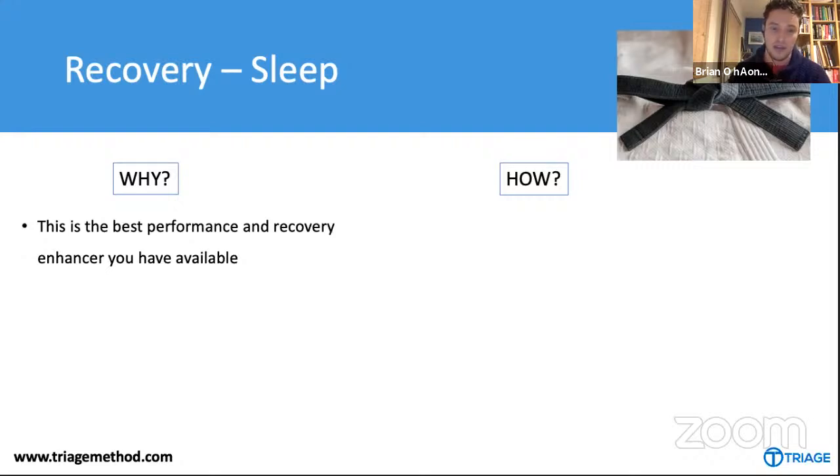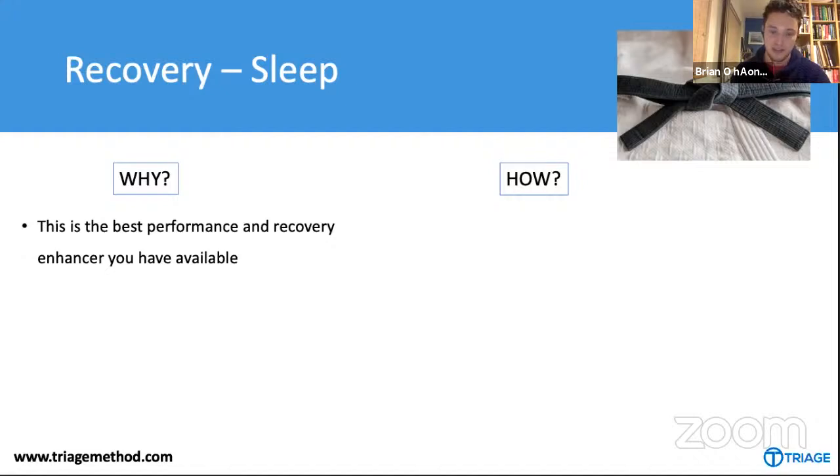So if you look at the best professional athletes in the world, they sleep a lot. They're sleeping 9, 10 or more hours per night. And of course, it's their job to be the best athletes they possibly can be. They have the time to do that. But you can't do anything better for your performance and recovery than taking care of your sleep, which I'm going to discuss now. And this is one I just really like to hammer into people, because it tends to get overlooked.